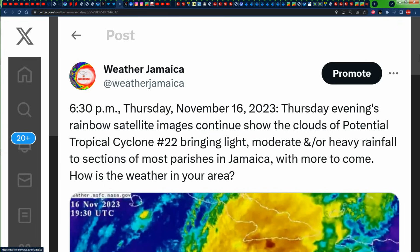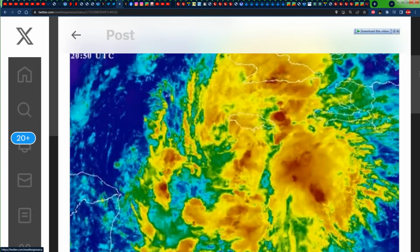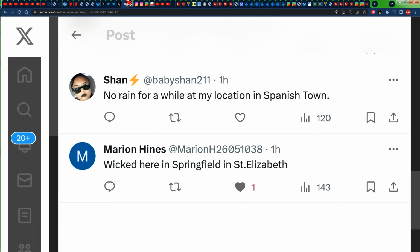So we're going to be looking at the latest post that we made regarding the cloud cover and rainfall. We made a post at 6:30 p.m. highlighting the rainbow satellite images that we love to use so much, showing all the cloud cover still across the island. Definitely rainfall still coming in from the south across the island, and we indeed confirmed the rainfall with some